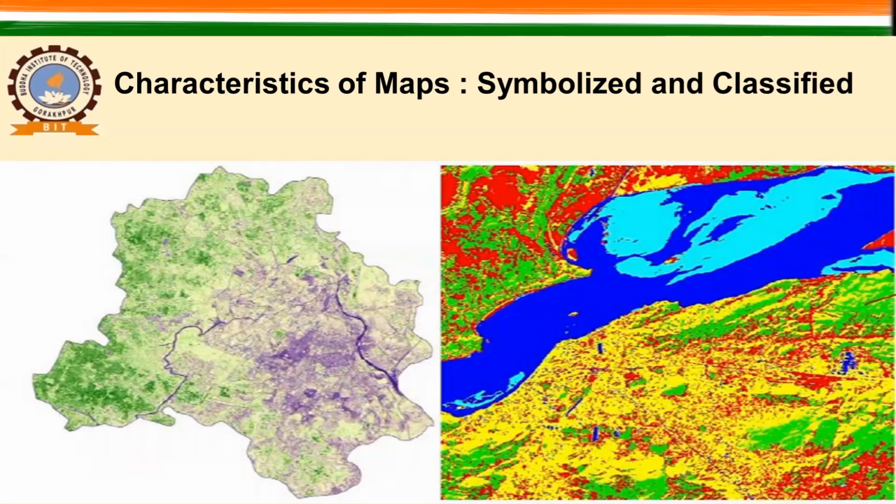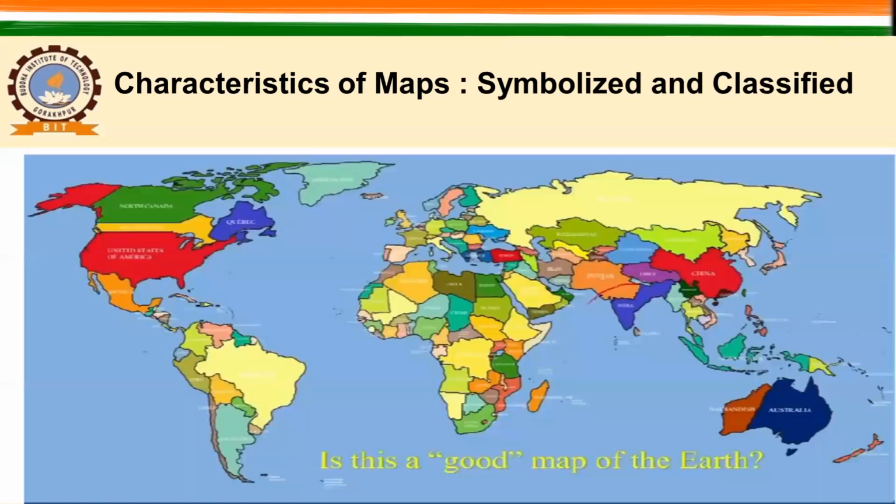Now, there is one question. You might have seen this kind of figure on the internet. Whether this is a good representation or a bad representation of your Earth, what will be your answer, yes or no? That is no. Forget all about the boundary conflict. I'm not going to use this as anything country specific. Here I just wanted to show that if you put some colors or textures, that does not mean it is a map.